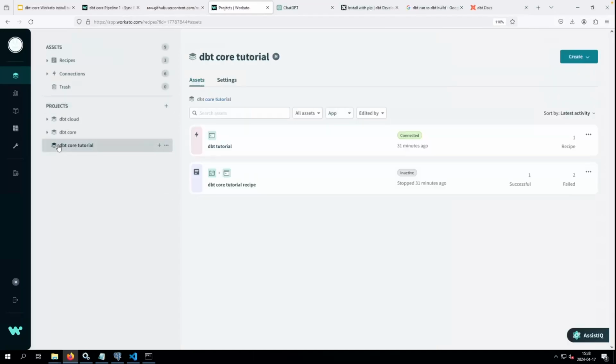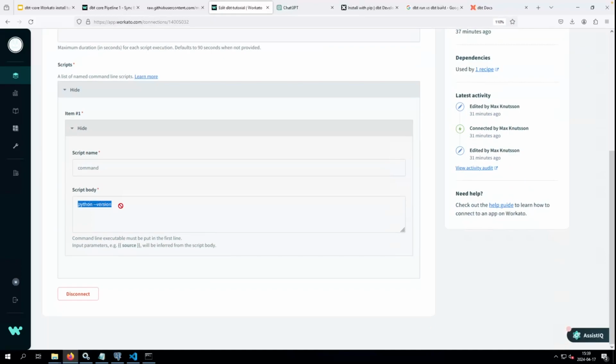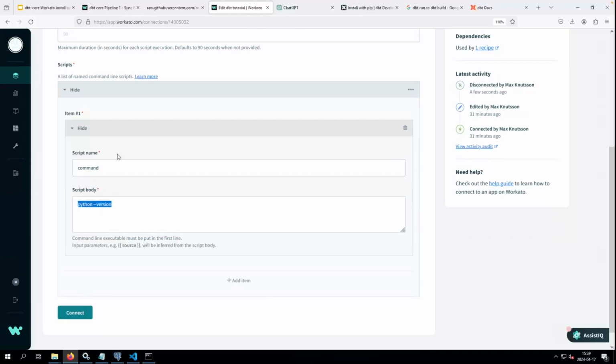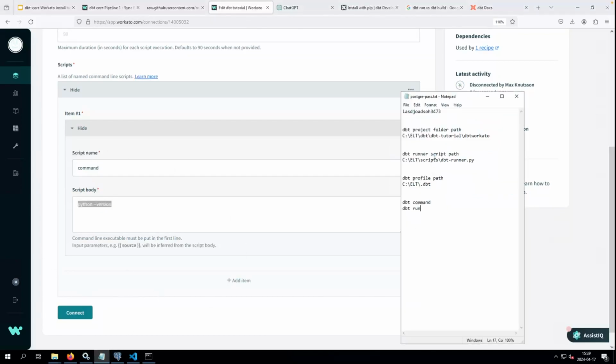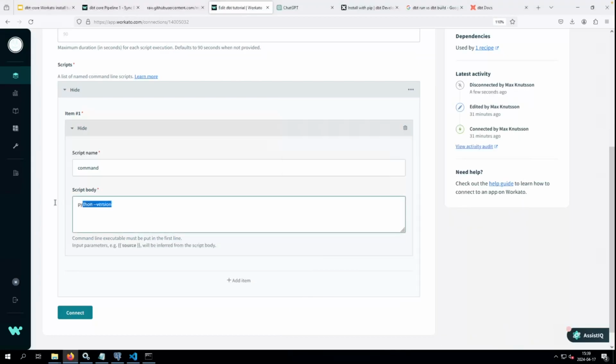So let's go back to our dbt core tutorial. And here you see there are two objects right now, two assets. One is the connector, called dbt core. One is the recipe. So let's go and mess with the connector. We need to change it a little bit. So we had previously python --version. We need to disconnect. And now what we need to do is we need to call this thing and then forward it some paths. What we'll do is like this, Python, instead of version, I'm gonna say Python run this